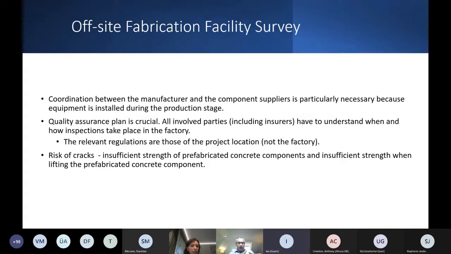So this modular building can be designed in one country, fabricated in a second country, and then put together in a third country. Or, in the case of the United States, it could be in one state with certain regulations and certain rules, and then it has to be transported across state lines to another location. So we have to be really aware of the applicable regulations and how these regulations impact that design and that